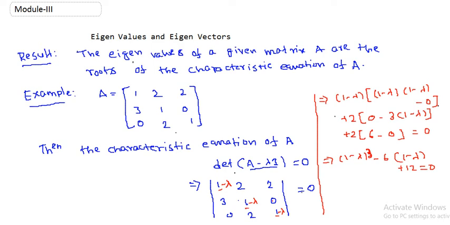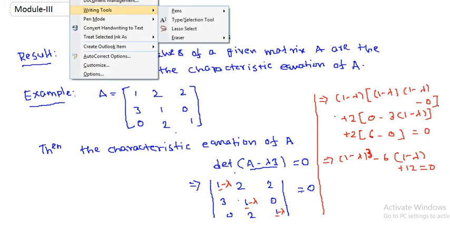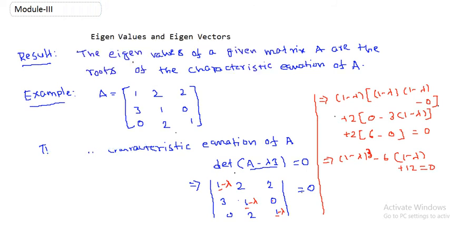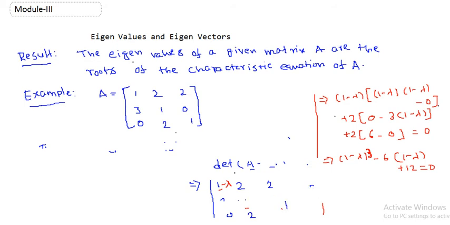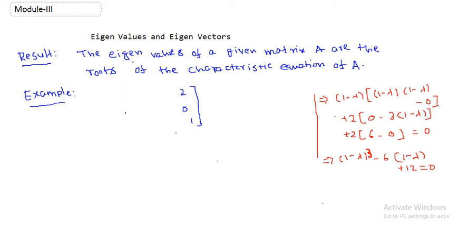You can go to the next steps by expanding the whole quantity (1 minus lambda) whole cube. So first let me erase this part and then work with that equation. Here we go. Because I am arbitrarily choosing a matrix, we may have difficulties finding the characteristic roots, or the roots of the characteristic equation.